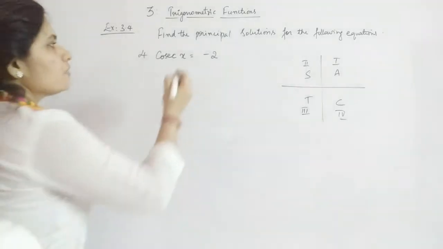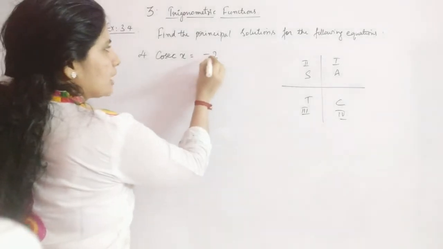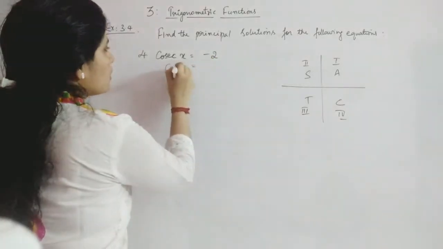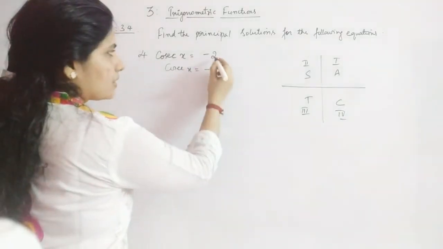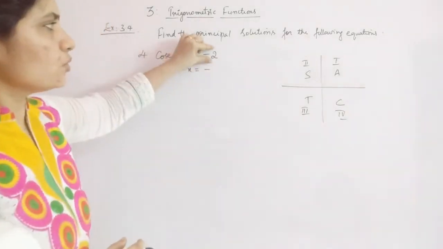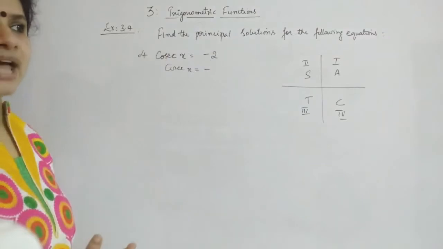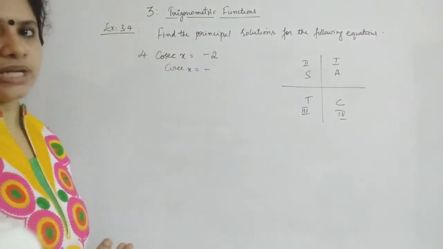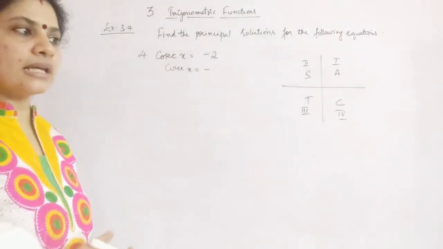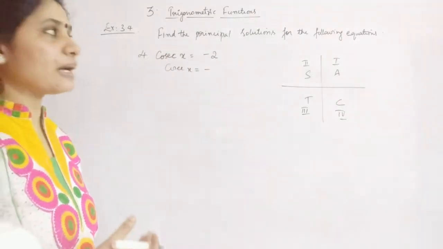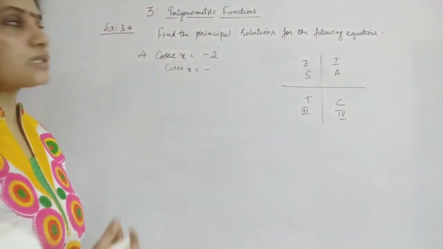Now for this we have to go for, not for the negative value, we have to go for cosec x is equal to, let it be like that, that negative sign, go for the value of 2. Where, or at what angle, you will get 2, that you have to see. So we know that 1 by 2 is the value of sine at the angle pi by 6. So cosec pi by 6 will be 2.